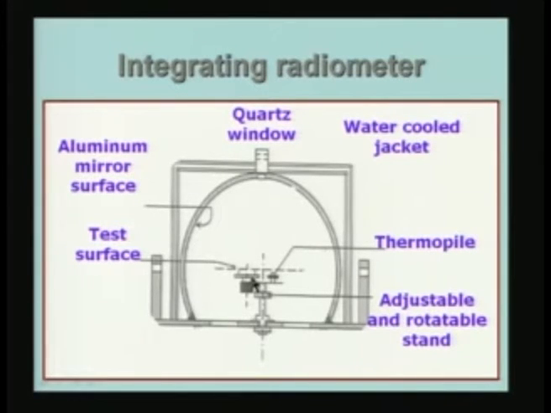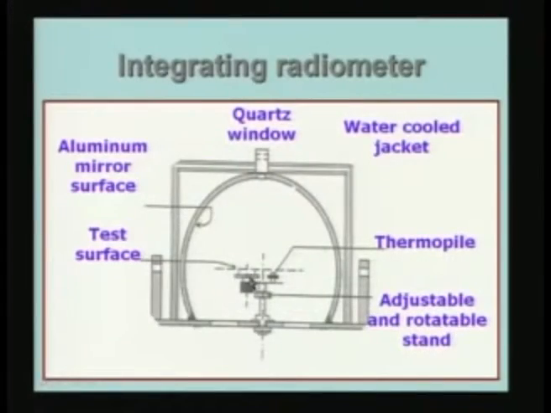So, emissivity is nothing but the radiation emitted from the surface, per unit area per unit time. If I compare it with a black body at the same temperature, that ratio is going to be called the emissivity. Therefore, in the integrating radiometer, it is the self radiation from the sample surface or test surface, coming out because of its temperature, and what I am doing is measuring the total amount of radiation coming from the surface, and I am going to compare it with a black body.